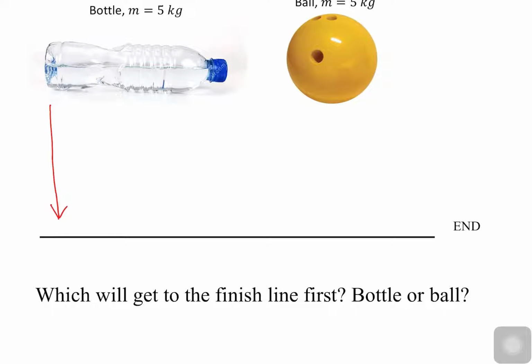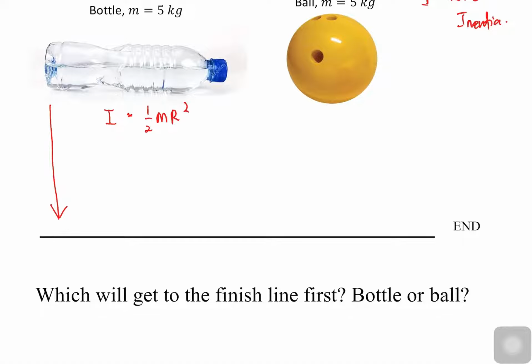Earlier, when we talked about objects of the same size, we talked about mass and also inertia. But when we talk about different objects that are rotating, we talk about moment of inertia. The symbol for moment of inertia is I. This is the new thing. So the moment of inertia for the bottle: it's a cylinder, so we assume the water is full, so it's a solid cylinder, I equals 1/2 mr².